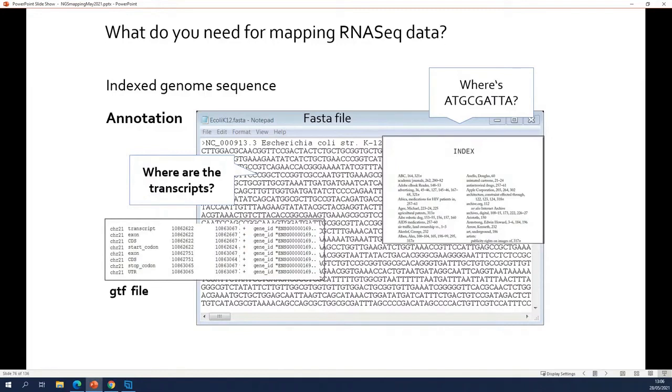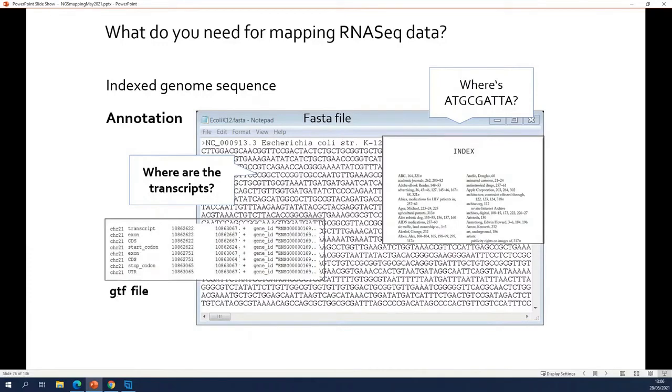Now, on top of that, for RNA-seq, you need more than just that. You also need to know the annotation. You need to know where the transcripts are located in this FASTA file, because this is where your reads will map. Almost all of them will map to the transcripts. So on top of this FASTA file, you also need a GTF file.